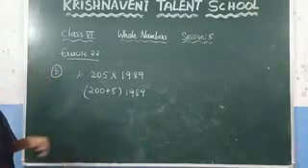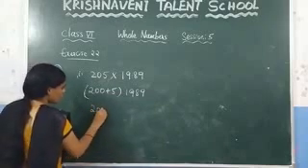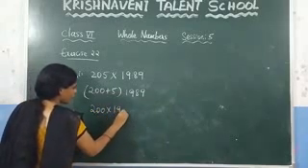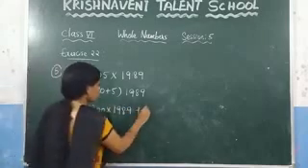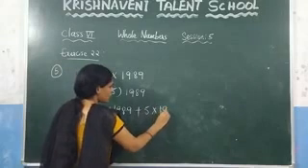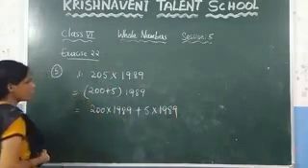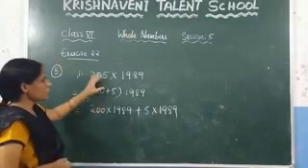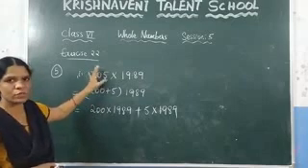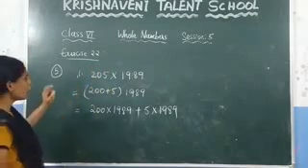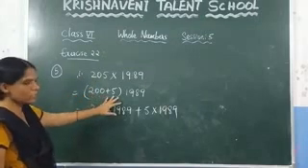Now by using the distributive property, how can you write this here? Just multiply this 200 with 1989. So writing here 200 into 1989, plus 5 into 1989. How have we written this? Here, as decided in the question, without doing the actual multiplication, by using the suitable properties, you need to solve this product. So we took 205 and we have written that as 200 plus 5.